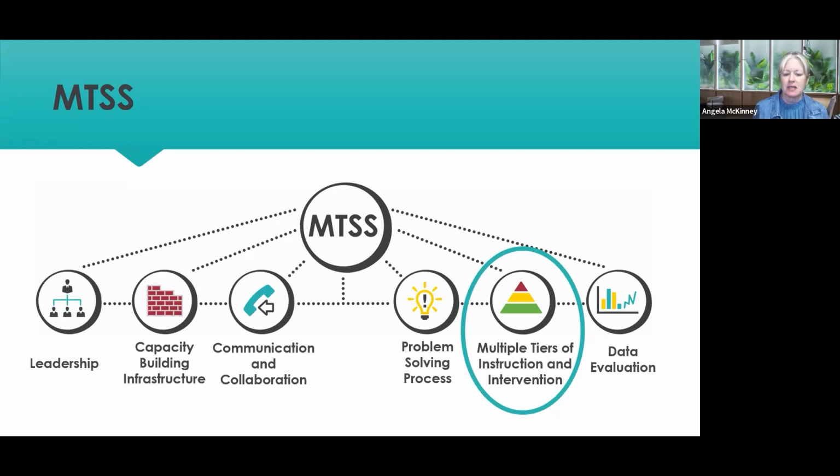And I think that's something that I would invite you to later on really look at even more, is the other domains and how they support what you do. Because this is part of the reason why response to intervention kind of floundered in Indiana in most districts, is we did a pretty good job, but it never really took hold enough to give us really good outcomes, because we weren't paying attention to a lot of the other domains related to this. So hopefully you'll see what I mean as we go along. But I'm going to start with the multiple tiers of instruction and intervention.